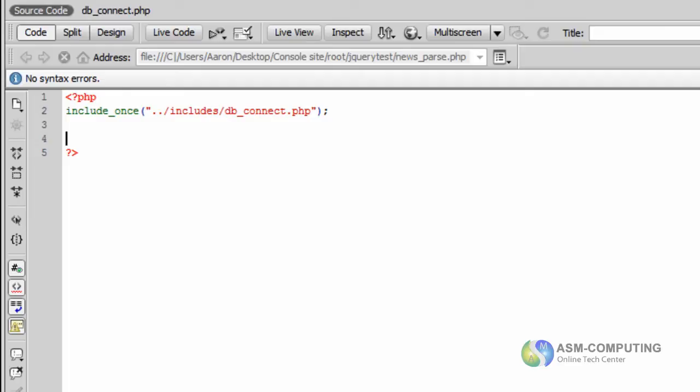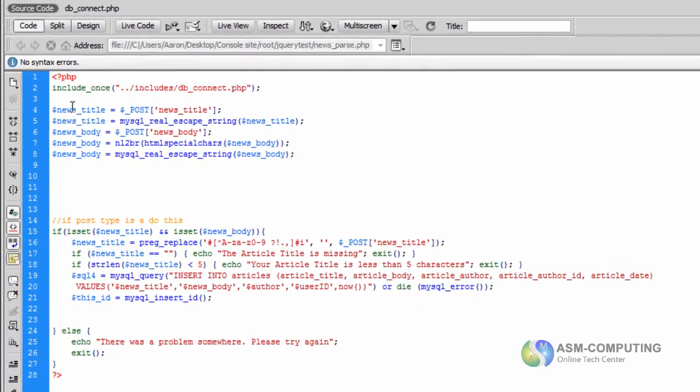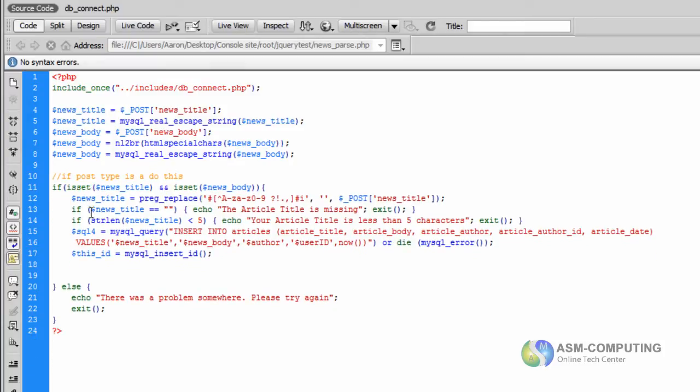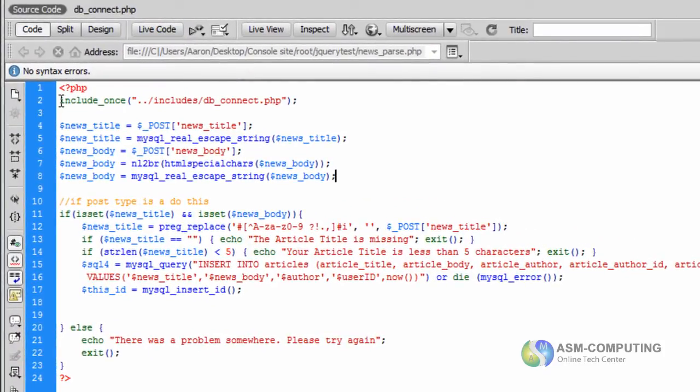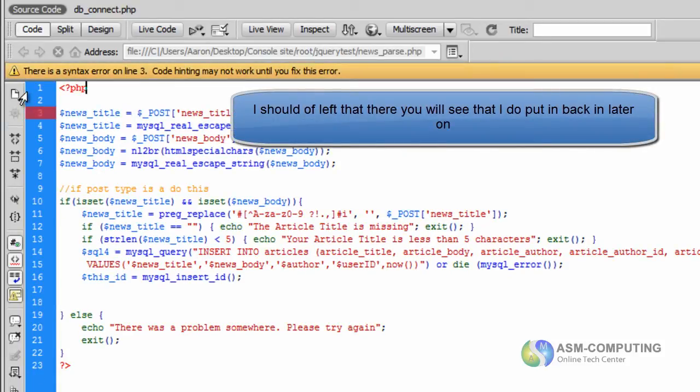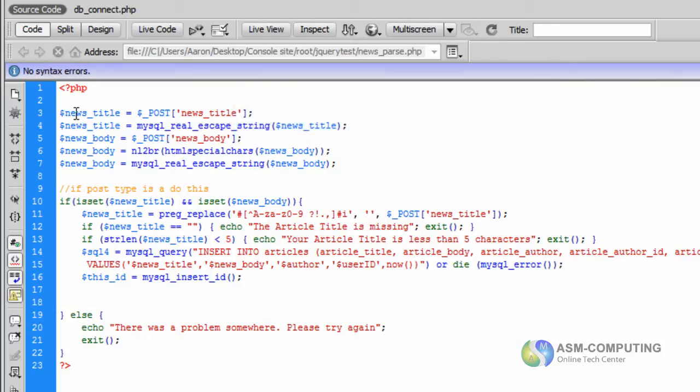Sorry, bear with me two seconds guys, I'm just grabbing the script for you now. The first thing we want to do is include once and connect to our database. Well, actually, let's take that out for a minute, and I've got to put that somewhere else, so I do apologise.